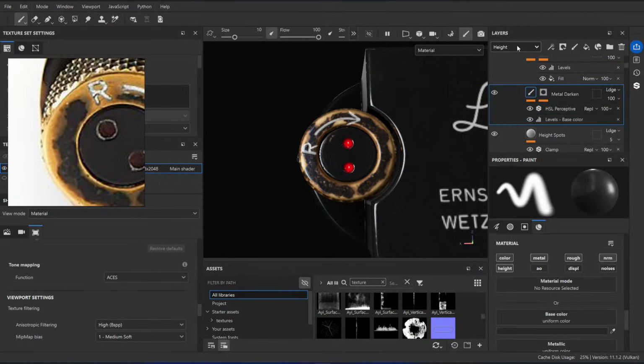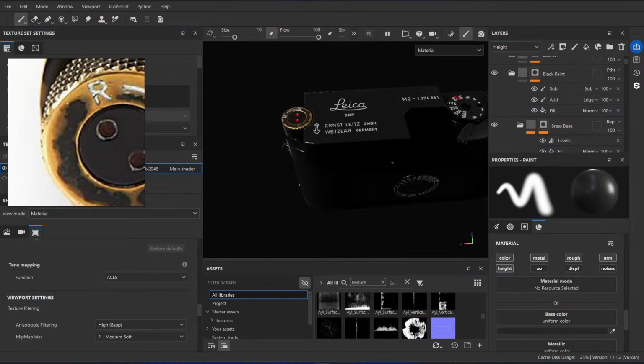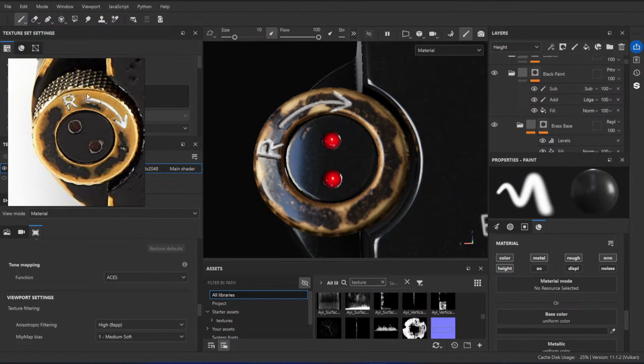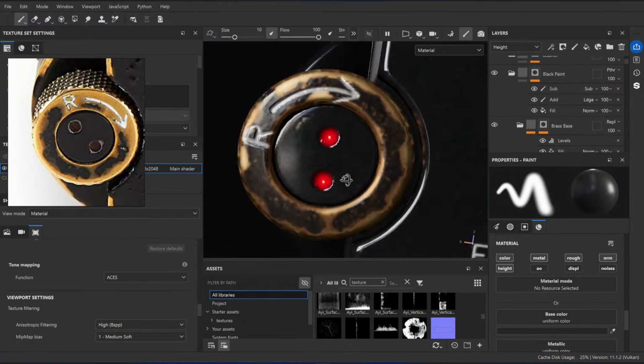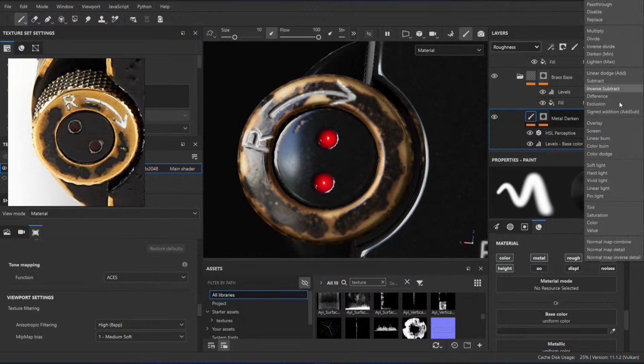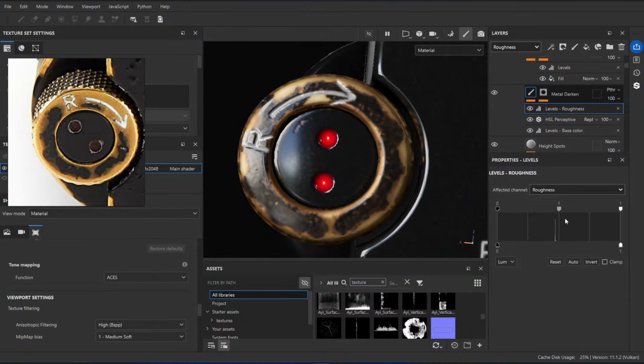We could also play with roughness coming from here. We have nothing going on in our roughness. Nothing going on. It's a very, very boring roughness. So this effect is going to be as boring as that is. So we should probably work on that on the base layer. But for now, I can also go into my roughness channel, set that to pass through and add some levels to the roughness to maybe make that a little bit more